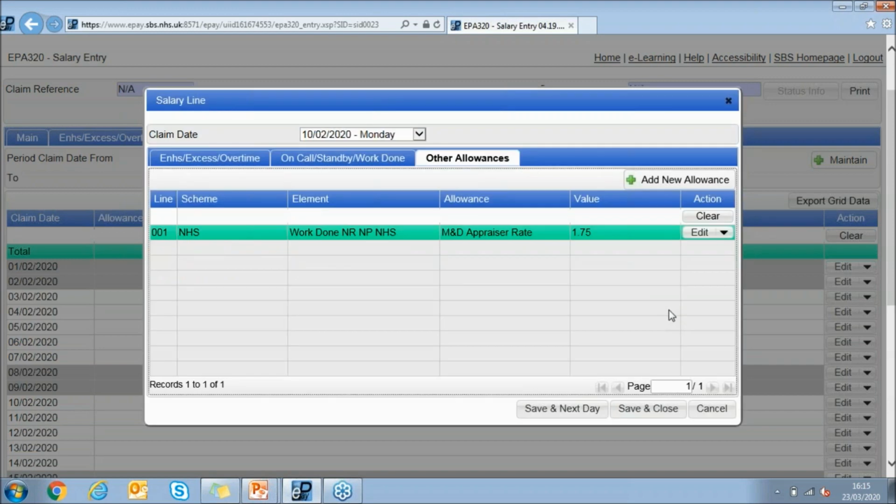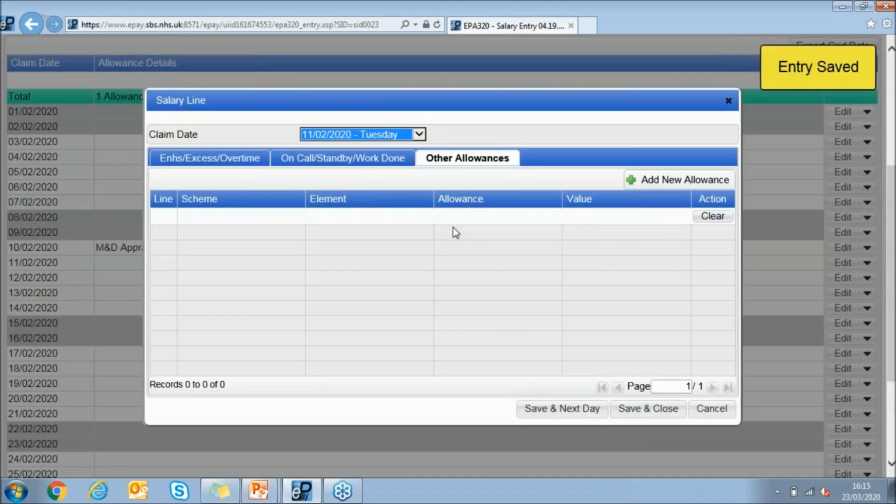Click OK. And then to save the entry, you can either click Save and Next Day, or you can click Save and Close. I'm going to use Save and Next Day to move on to Tuesday the 11th. Notice that it's moved me on there. So if the next thing I did was on Tuesday the 11th,